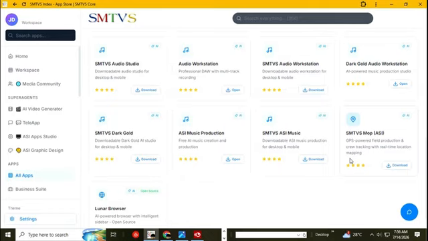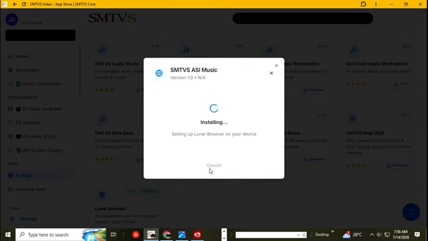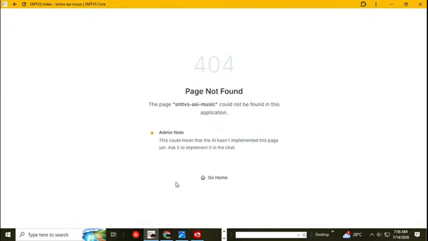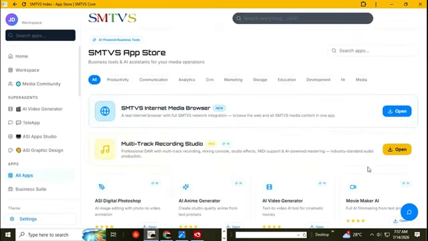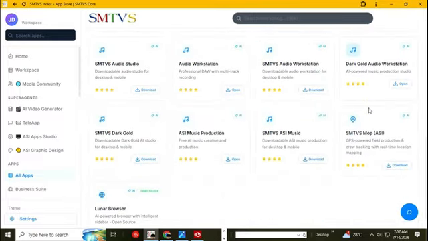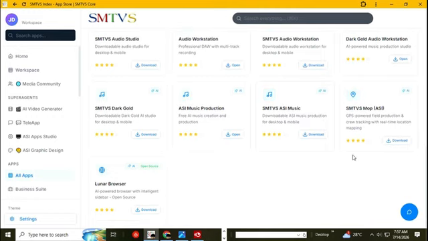You understand? So let's go back down to the dark gold. Here we have dark gold. So we have the music production, and then we have the SMTVS music site. And there is also an AI studio in there, and for some reason it's not there. Okay? So we'll go back to the media again, and let's go back down to the last few. So, music production and AI. Okay, and another thing that it also made,